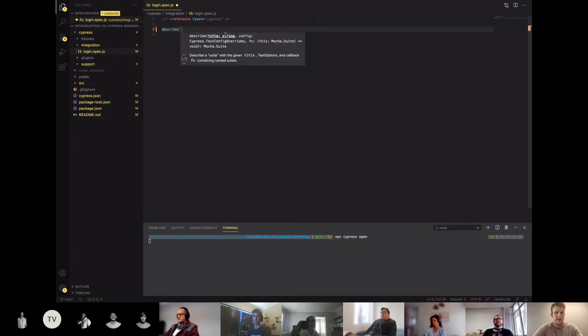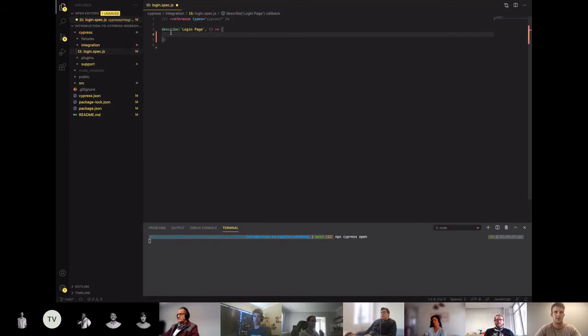And then whenever we have a describe, we give it a title, and that is what, when we run our tests, gives us a structure, so we know what tests fall under which spec or subsection of a spec. And then we give it a callback, which you don't really have to worry about in terms of JavaScript. It's kind of just the next layer that you're drilling down to. So we could say login page for this, and then